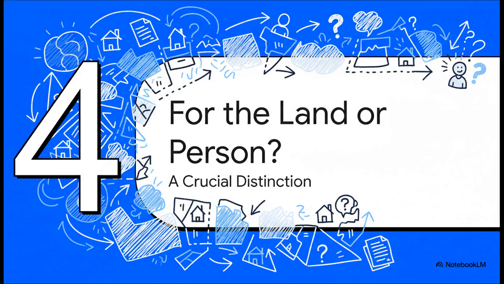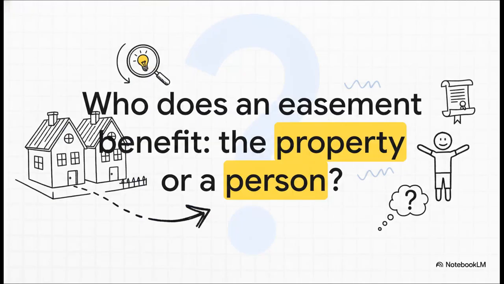Okay, now we're getting to the #1 source of confusion and, frankly, a lot of lawsuits over easements. Because even when an easement is perfectly written down and recorded, figuring out who exactly it's supposed to benefit, well, that can get really tricky. This is the million-dollar question. Was this right to cross the property meant for the benefit of the land next door, no matter who owns it? Or was it just a personal favor given to one specific person? The answer to that question changes everything because it determines whether the easement lives on after the property gets sold.